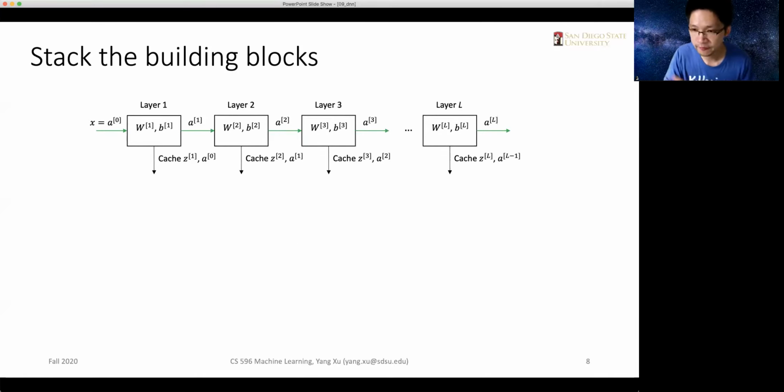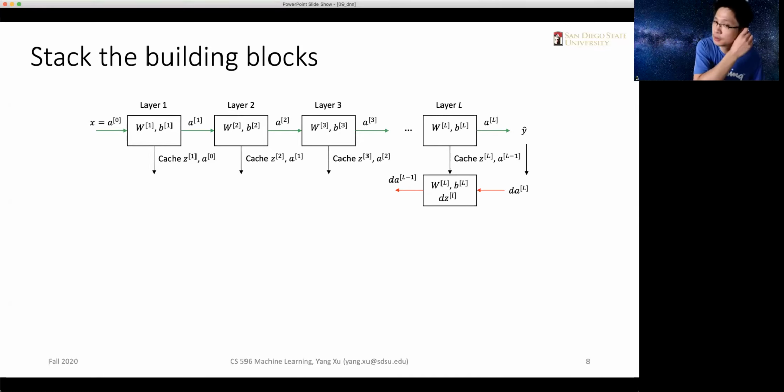Assume we have capital L layers. In the output layer, we generate some outputs y hat, and this y hat will be compared with the actual label. Then the dAL, which is the gradient for the last activation, will be computed,